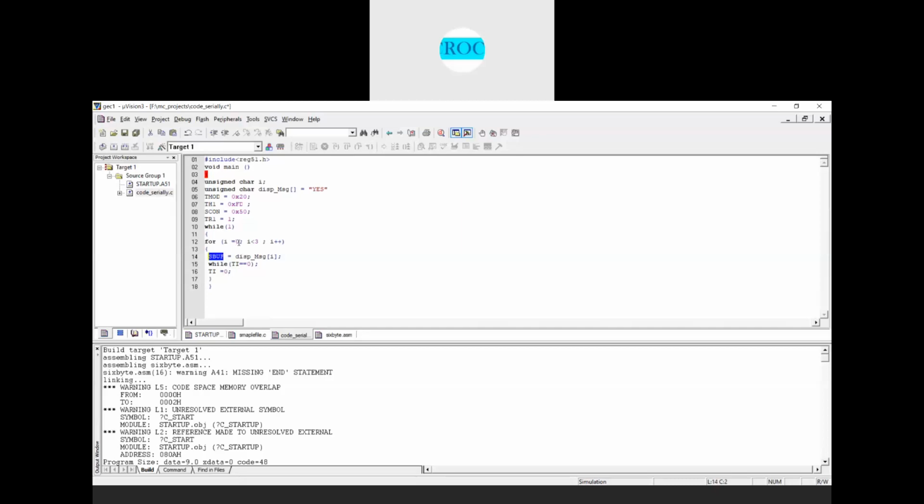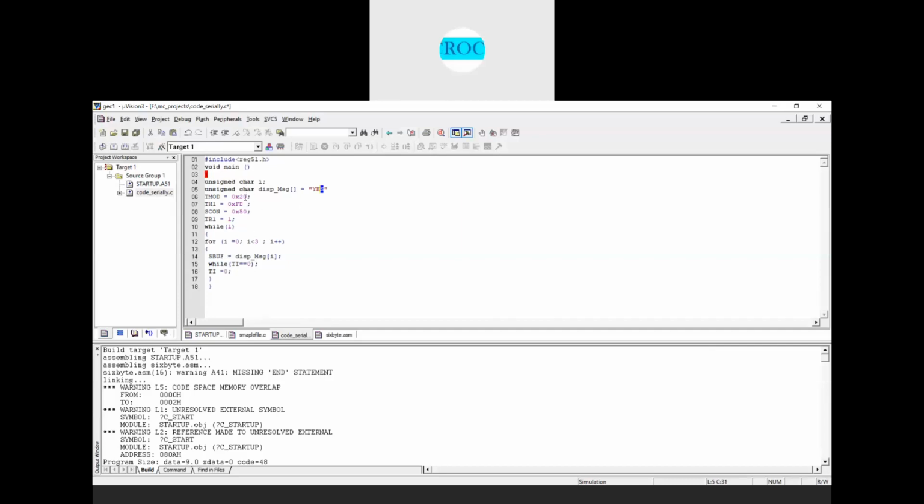Next I is equal to 1, so display_message[1] is the character E. The E is copied into the serial buffer register, and I keep on monitoring the TI flag. If this flag is set to 1, it means the E is transmitted, and I clear the TI flag. Since now I is 2, display_message[2], the character S, whose hexadecimal equivalent is 53, is loaded into the serial buffer register while TI is equal to 0. And this is how it continues.